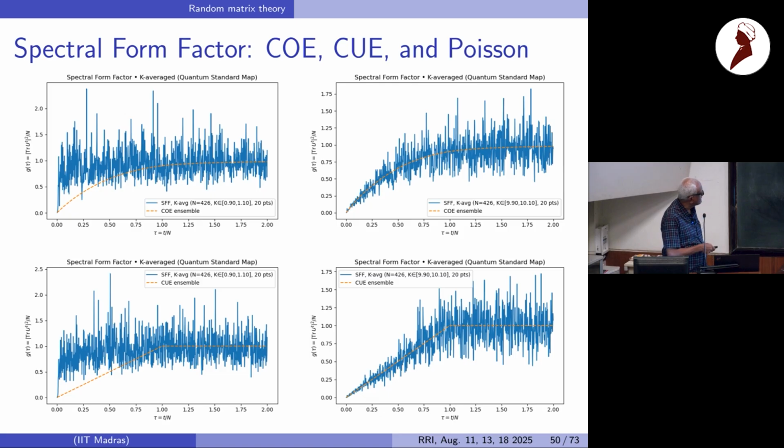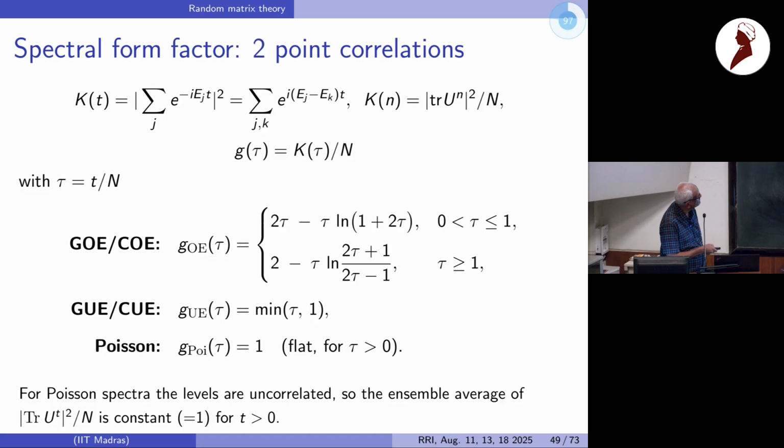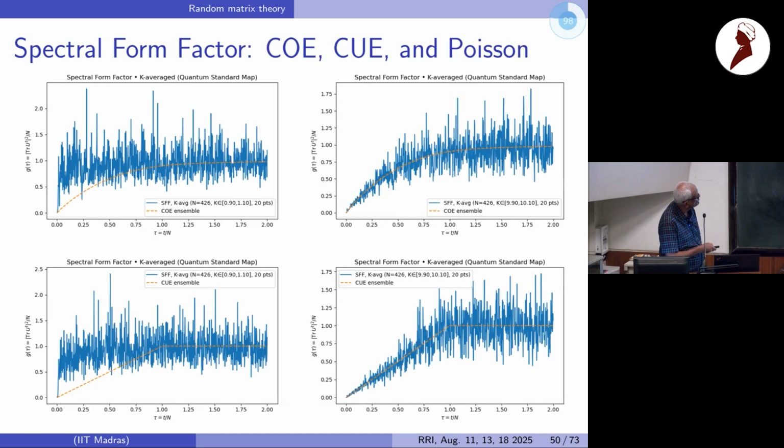So it's looking like Poisson, where it is almost 1 right from the beginning of time. This is time divided by n, and I'm going from time 0 to 2n, so more than 800 times. Now this is for the case where I've kept time reversal symmetry, the top right corner. You can see that this red line is what I have here as this curve here. So it fits pretty reasonably well, this highly fluctuating quantity.